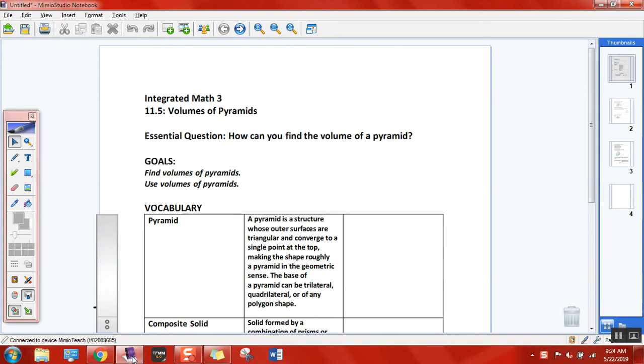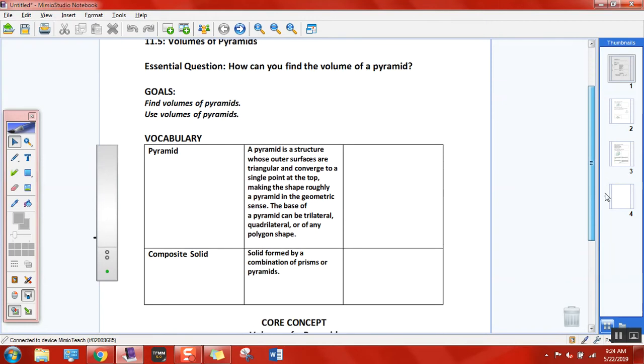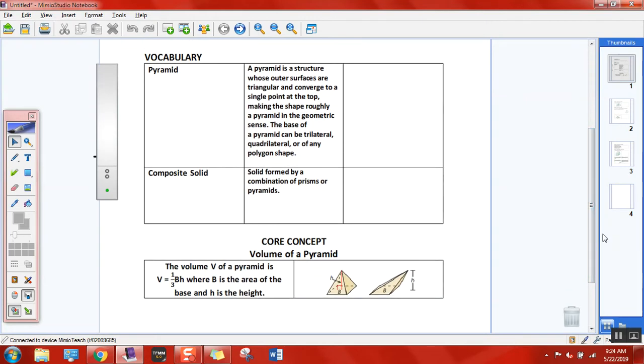I don't think I need to describe what a pyramid is. We just looked at one right there, but we'll make a sketch of one. Guys, a pyramid is a structure whose outer surfaces are what? Triangles, and they converge to a single point at the top, making the shape roughly a pyramid in the geometric sense. The base of a pyramid can be trilateral, quadrilateral, or of any polygon shape. In our example, the pyramid that we used in the experiment, what shape? Square. The base can be a triangle, could have been a pentagon, could have been an octagon,